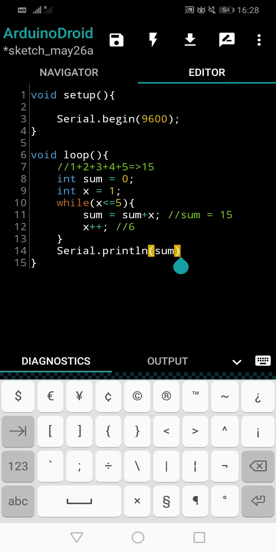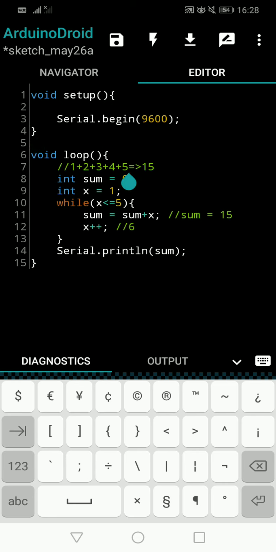Now you will see in your serial monitor that the number 15 is printed, and again the void loop will start. So again everything is initiated and the whole program will run again. So again 15 will display. So 15 will be continuously displaying. If you want to stop it at one time, you can write it in the void setup, but let's write it in void loop. Okay, so we have added numbers together.